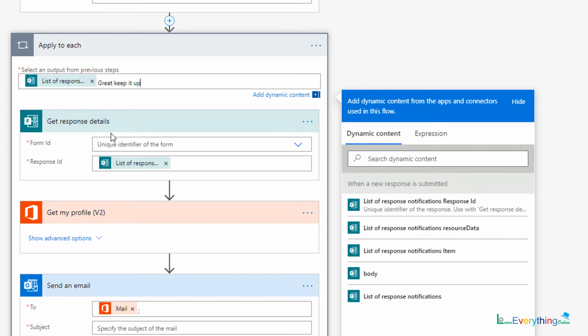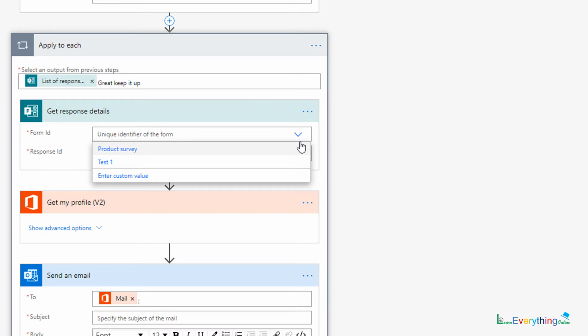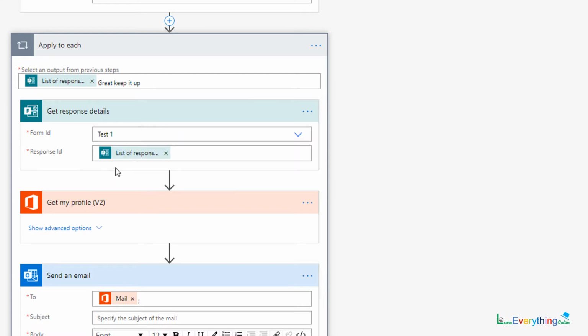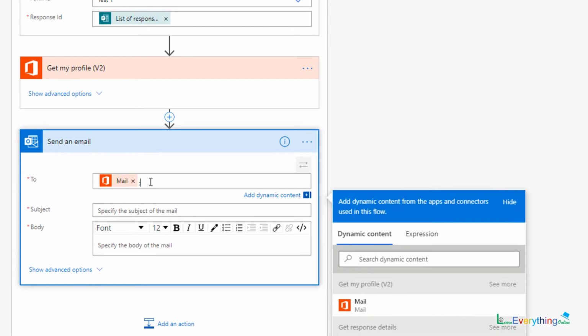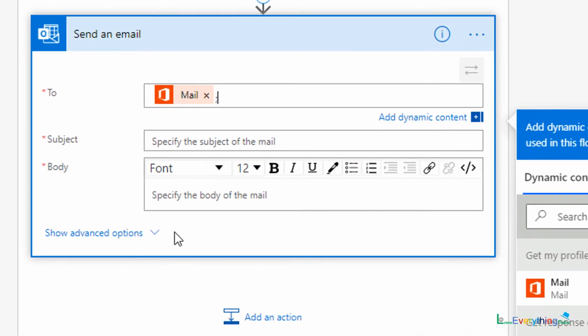Then get response detail, in which you can select form ID and response ID. Now what is form ID, what is response ID, that you will come to know when you will select any response. Automatically he will create one Excel file and in which you will get email ID wise response summary. You can keep Outlook file ready with email contacts and you can attach that file in this area.